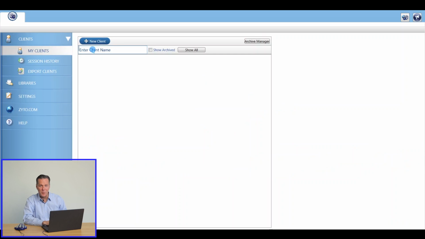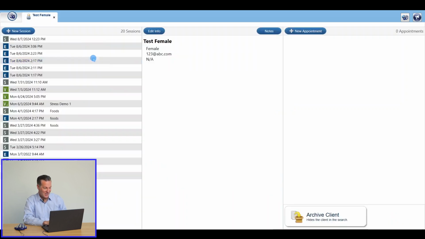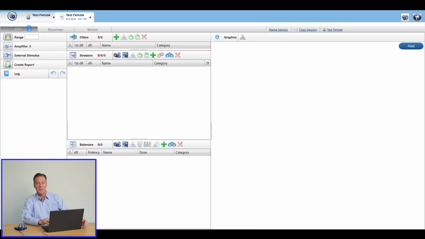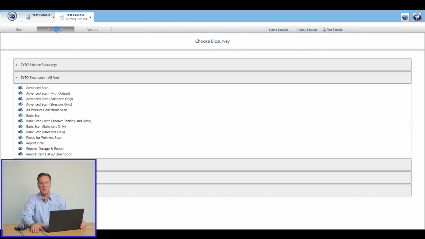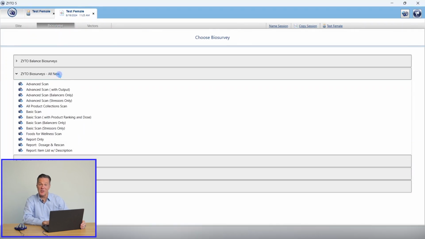First, I'll pull up our test client here and select New Session. You can see all the available biosurveys under this Biosurvey tab, and we'll go ahead and look under this ZYTO Biosurveys All New tab. Okay, within this tab, you'll notice that there are slight variations to the advanced scan you